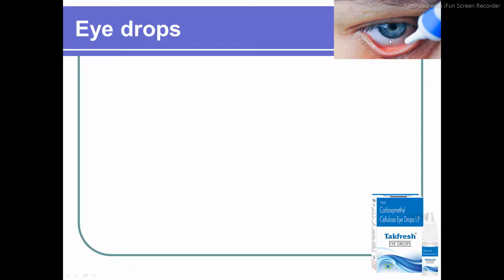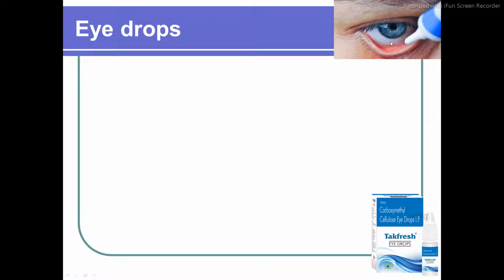Suppose your drug is stable in the aqueous preparation, means it will not undergo hydrolytic degradation. At that condition we will use water as a vehicle. If in case your drug undergoes hydrolytic degradation, it is not stable with the water, only in that condition we can use the oil based preparations. So now your eye drops are ready either in case of aqueous preparation or non-aqueous preparation.